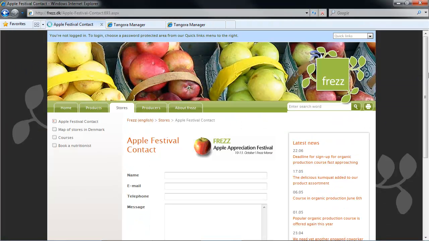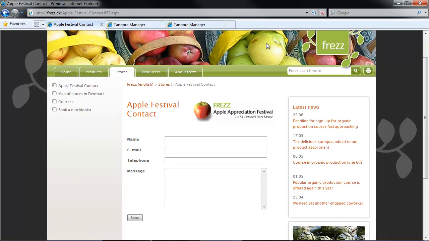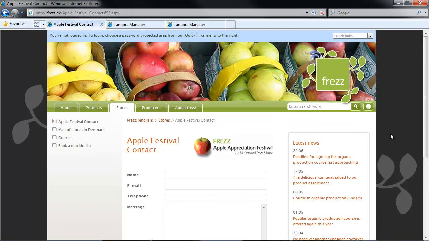So now we've seen Visual Designer in action in conjunction with work on a site layout, a page layout, and a module layout. There's certainly more to learn, but I hope this video has given you an initial indication of how and where you can use Visual Designer and how easy and intuitive the tool is to use. With Visual Designer, you have the control over the design and layout of your site, and I hope you've been inspired to roll up your sleeves and give it a try.